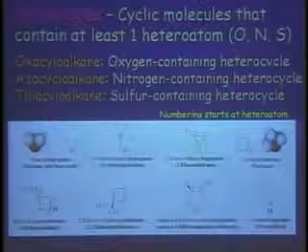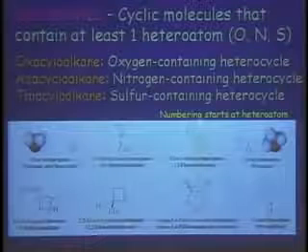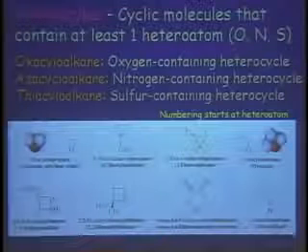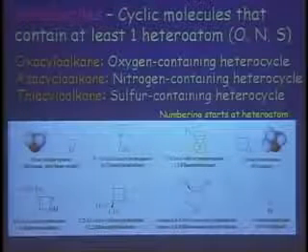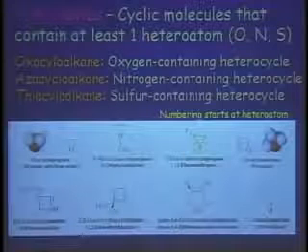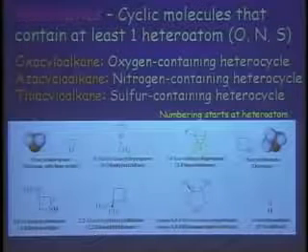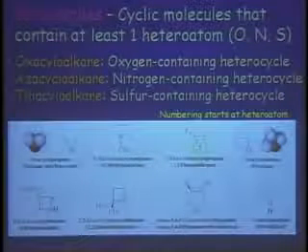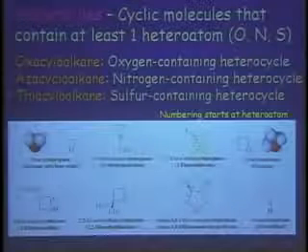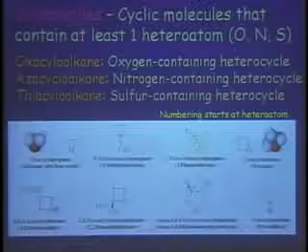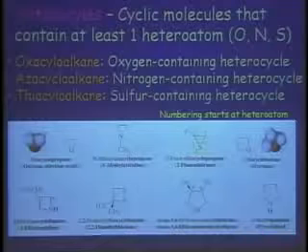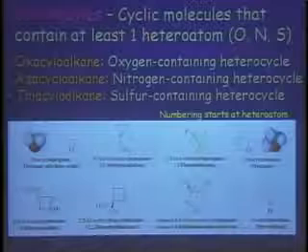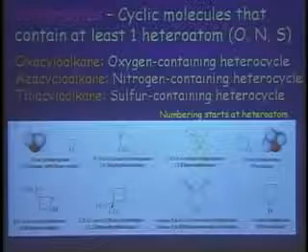This is an oxacyclobutane, and this is an azacyclobutane. At the 3 position, we've got ethyl, so it's 3-ethyl azacyclobutane. This is 2,2-dimethyl thiacyclobutane. This is an oxacyclopentane. Common name is tetrahydrofuran. The basic stem, without substituents, is used as a solvent, THF. We've used that ad infinitum as a solvent. It's basically a diethyl ether solvent in which you bend back the backbone and make a bond to make it cyclic. So it's a cyclic form of diethyl ether.